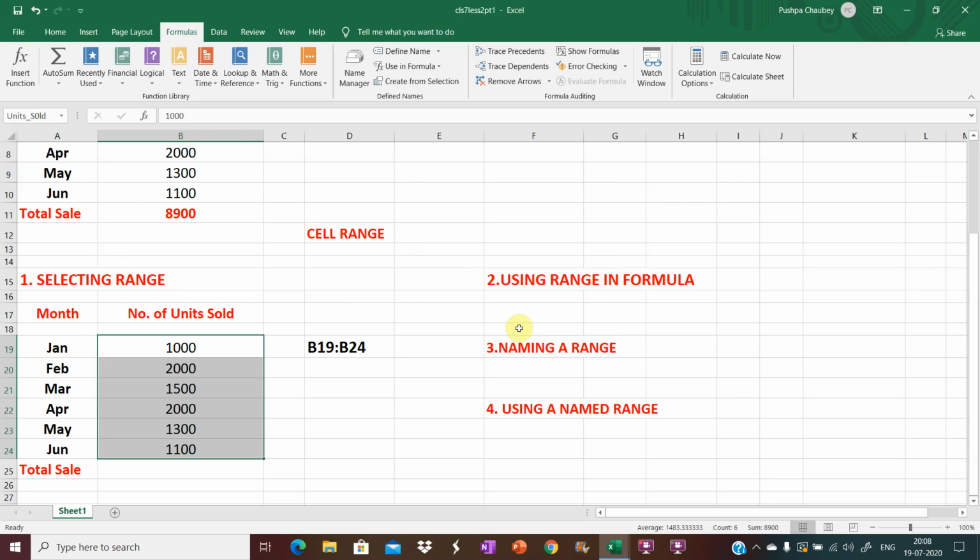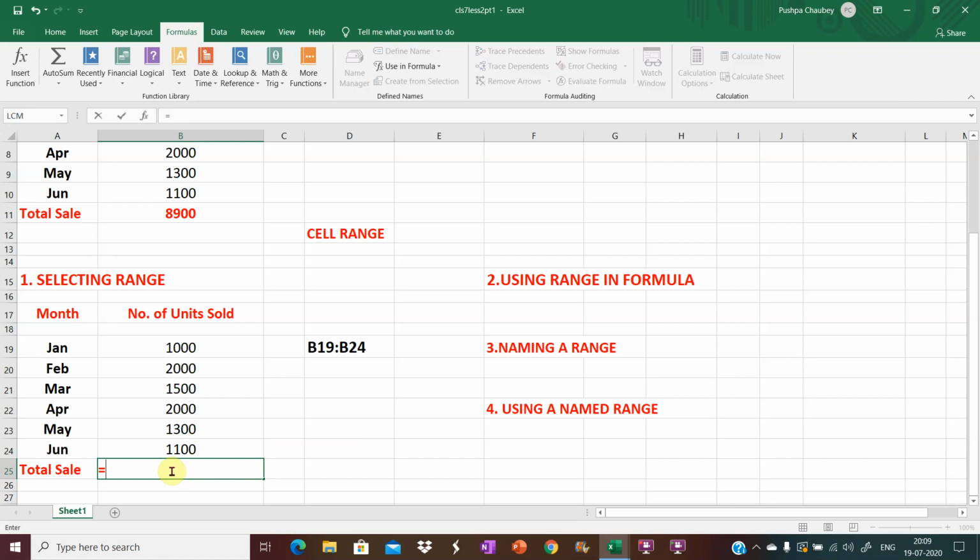Next, we will do the calculation by using a named range. We have specified a name to a range right now, and the same we are going to use to do the calculation here. To find the total sale, we are going to use the named range. Click on cell B25 and type the formula equal to sum, opening parenthesis.